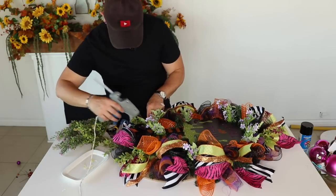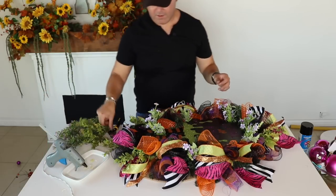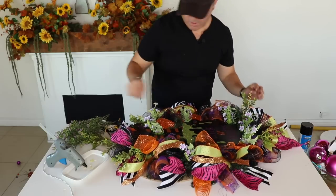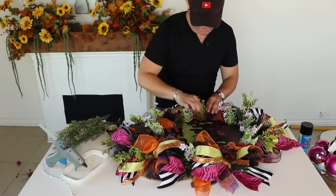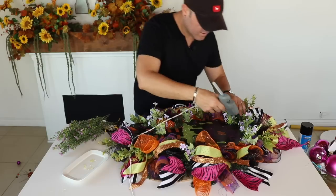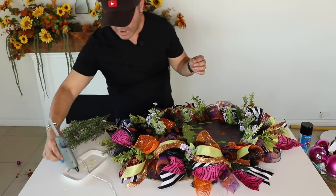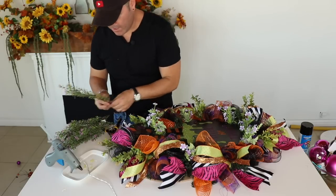And then what I do is I grab my hot glue gun and just let it run a little bit down. And so now what I'm gonna do is I'm gonna bring some of this down over here in between my bows, and then also here. And I'm gonna add like that, and then some right here. Voila! So we have two types of greenery already in it,